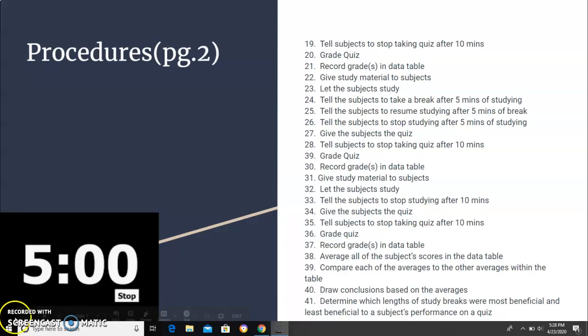After that, we would give the next study material to the subjects and let the subjects study. We would tell the subjects to stop studying after 10 minutes and give the subjects the quiz. We would tell the subjects to stop taking the quiz after 10 minutes and grade their quiz and record it in